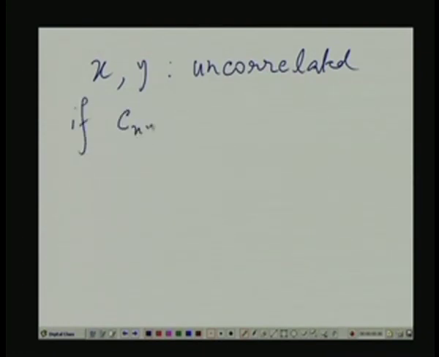C, I put x y subscript, so that it means that covariance related to x and y is 0, implying